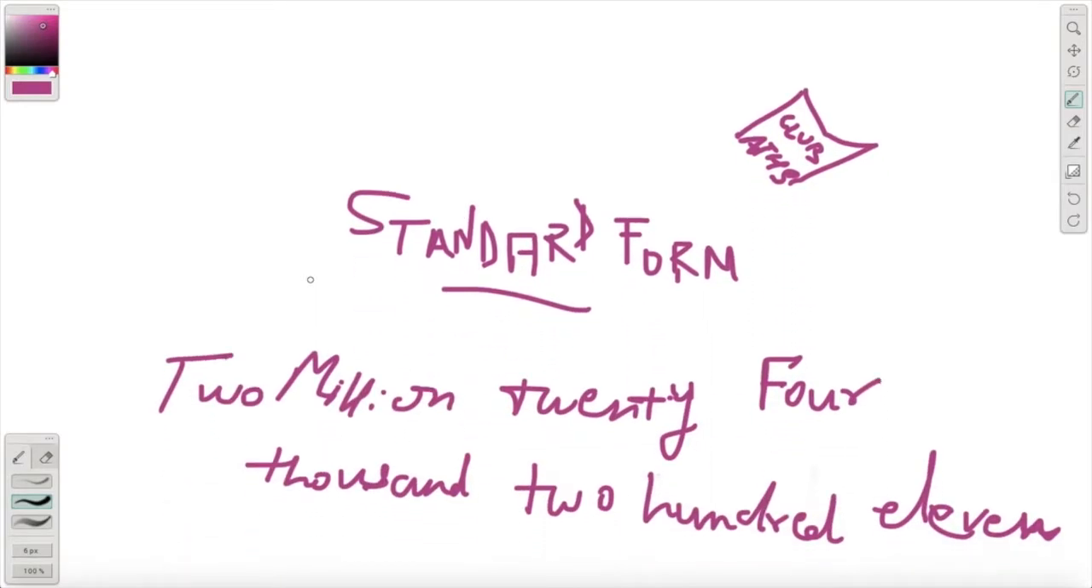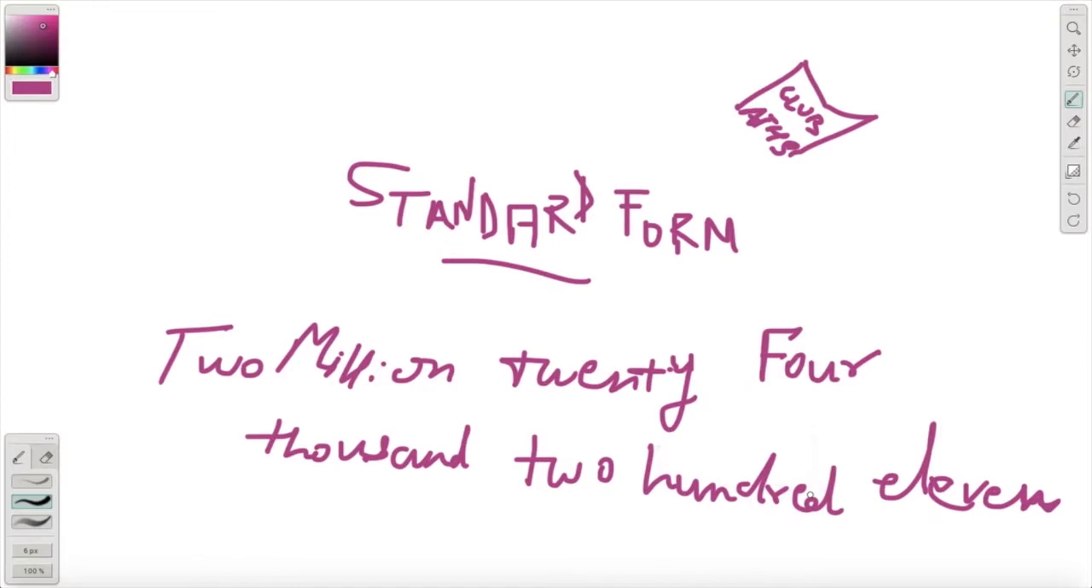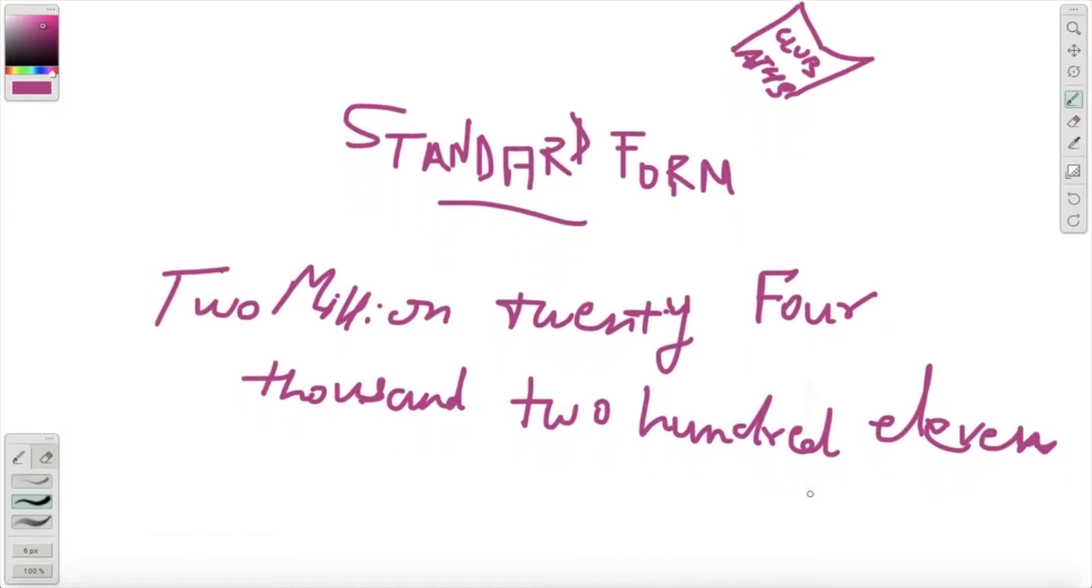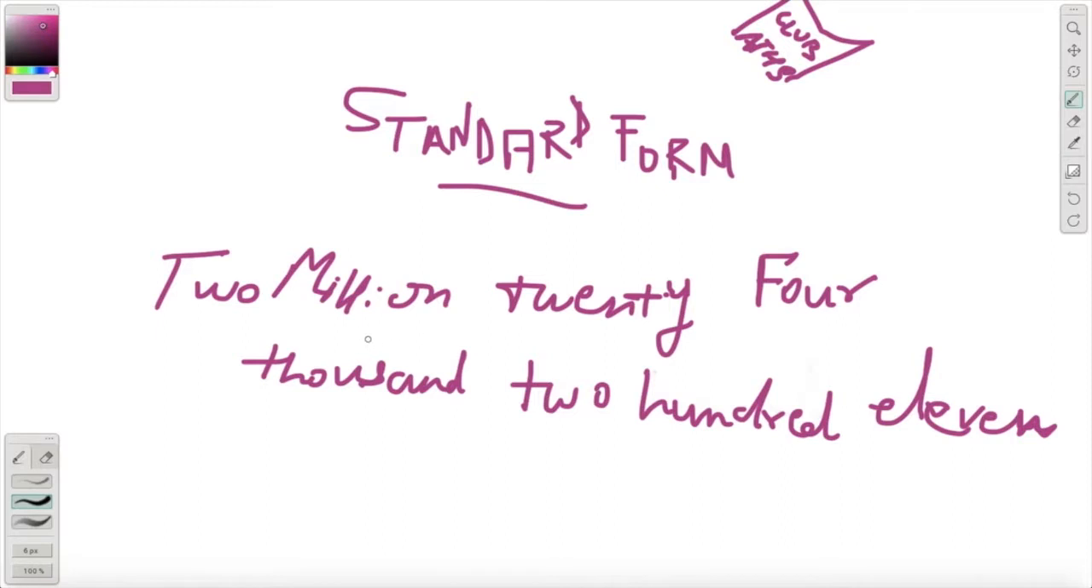So let's say this is our number, 2,024,211, and it asks us to write it in standard form. My suggestion would be to simply break down each and every section. Like we say here, 2 million. We're going to break down first this. Then we are going to break down 24,000, which is this. Then our 200,